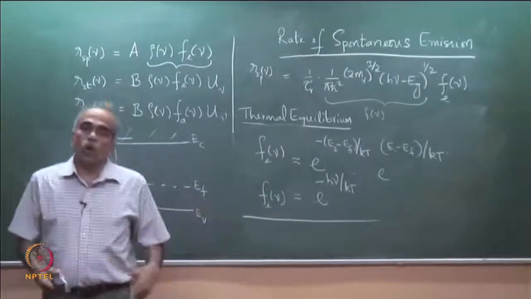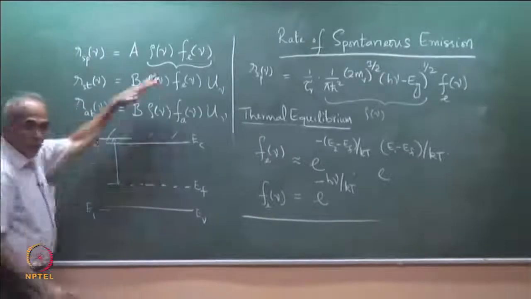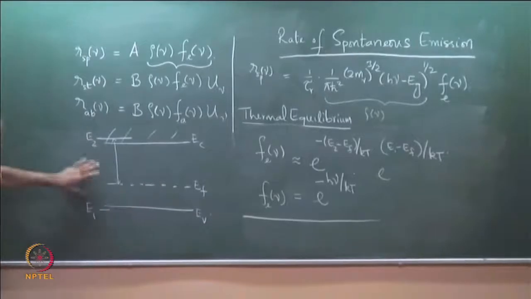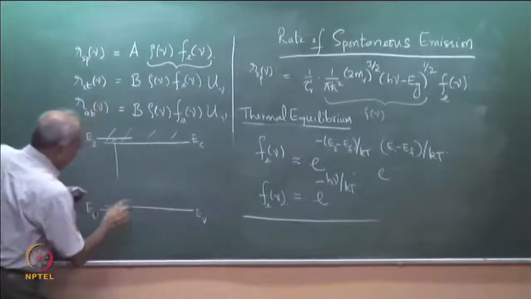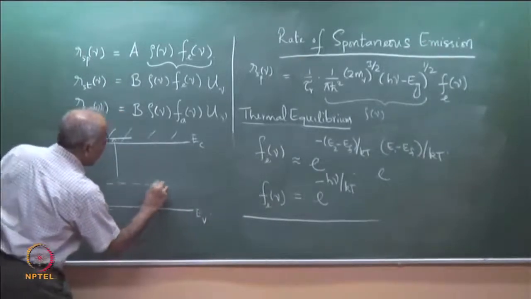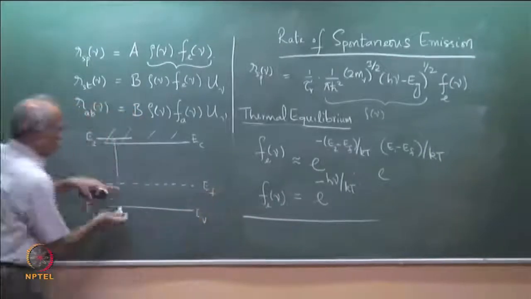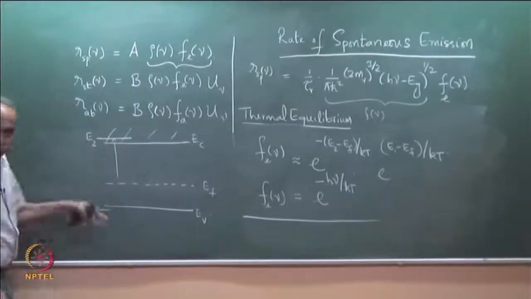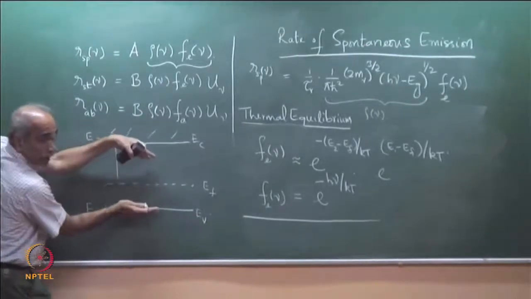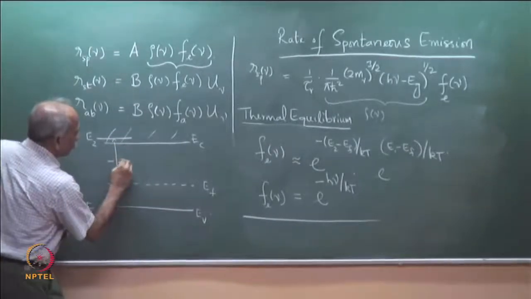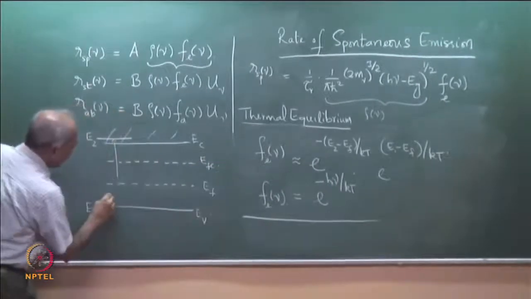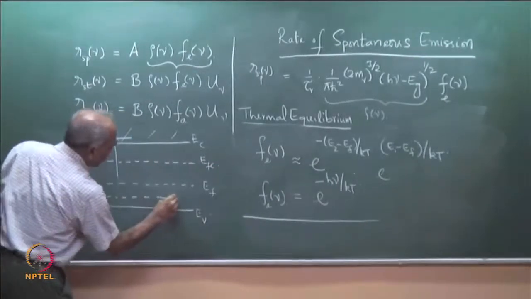Suppose we were in a state of quasi equilibrium. We will substitute this here in a minute, but just before I proceed, suppose we have pumped. So, this was our original EF, we excite this medium, maybe by illumination, maybe by current injection, whatever the reason, so that the EFs separate out. 2 EFs come, so we have one EF for the conduction band, EFC, and one for the valence band, EFV.